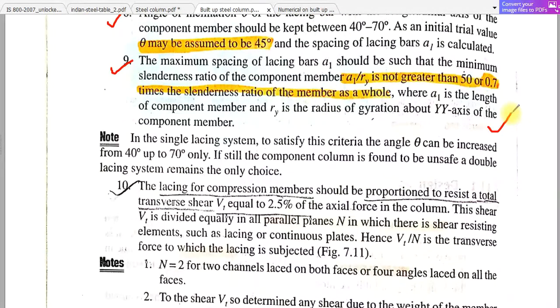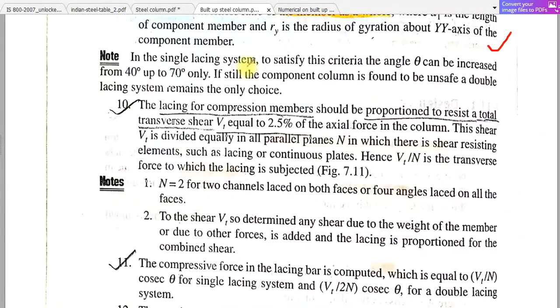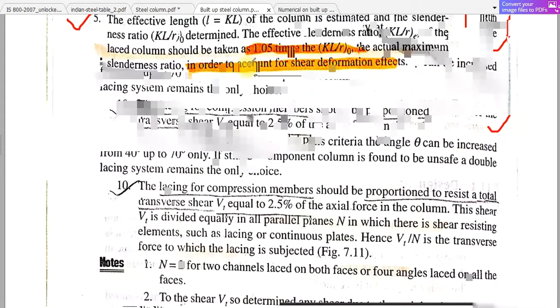this completes the first part of the numerical of the problem. Then you have to design the lacing bar. Okay, so how you can design the lacing bar will be discussed in the next video lecture. What should be the parameters, what is the guideline of IS 800. Okay, now we should finish this second video lecture. After that we will go to the numerical. Okay,